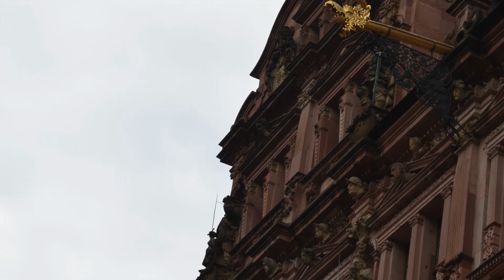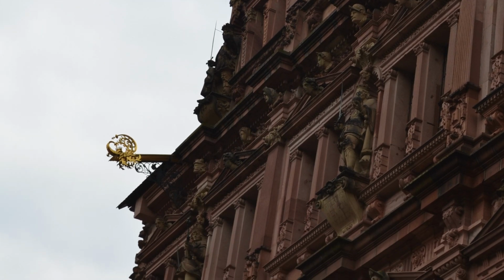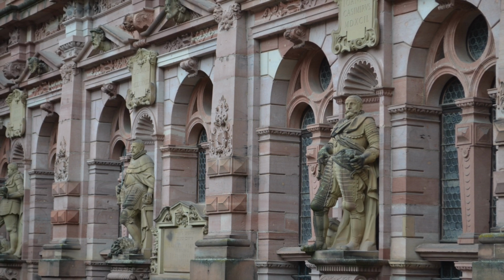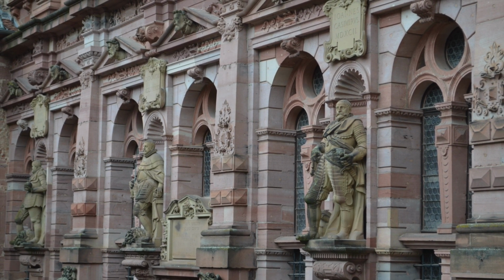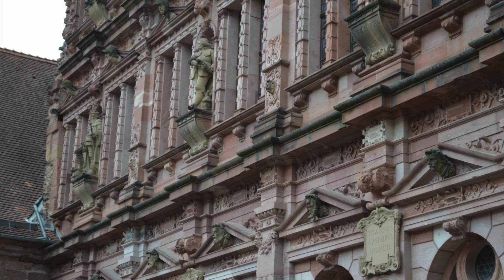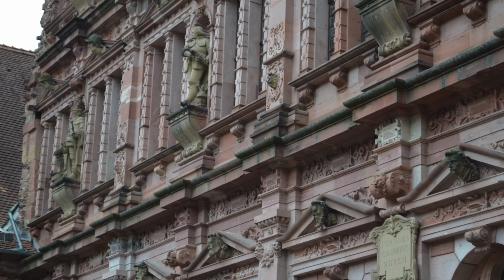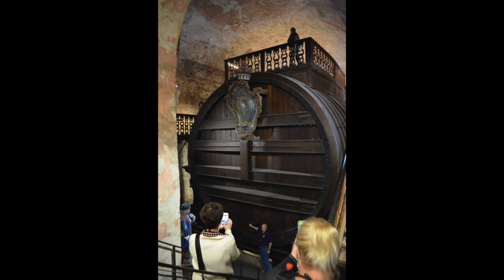This is Heidelberg Palace and ruins. The amazing architecture on this building is a sight to see, from the gold downspouts to looking at every peak and point that has a different face, and the larger-than-life statues adorning the front facade is Renaissance at its best. The grounds also has a great barrel building, holding a wine barrel that can hold